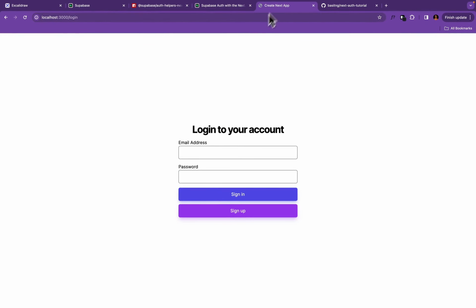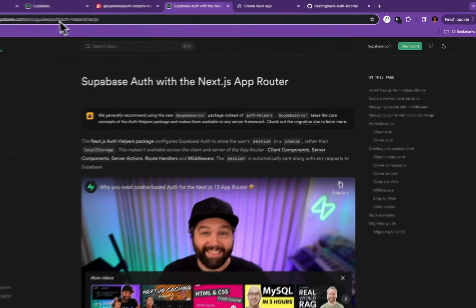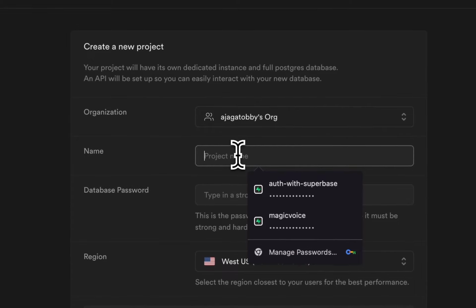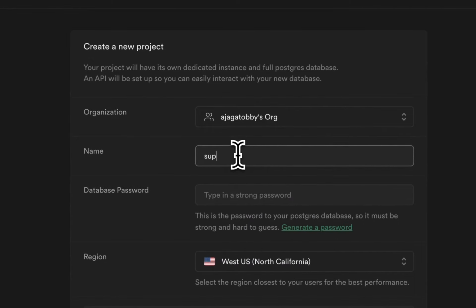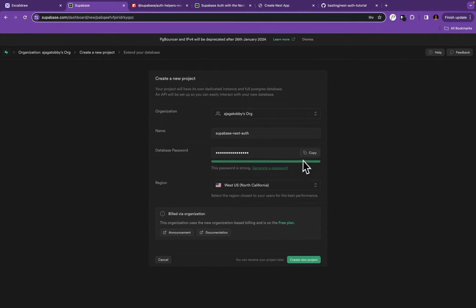With that being said, let's jump straight into the project. Head over to Supabase and create an account. After creating an account, click on dashboard and then create a new project. Let's just get started. I'm going to name this project Supabase Nest Alt. That's going to be the name, and for the database password, let me just generate this